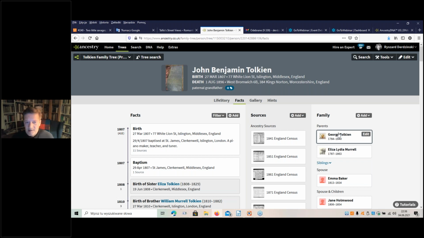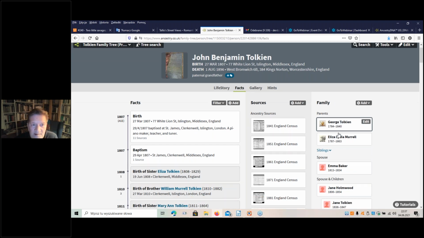Unfortunately, this house doesn't exist anymore, but we can see neighboring houses because it was a street and a suburb with a very unified architecture in Georgian style. I wrote a lot about this on my blog, so we can check it. And he was baptized in St. James's in Clerkenwell. There was